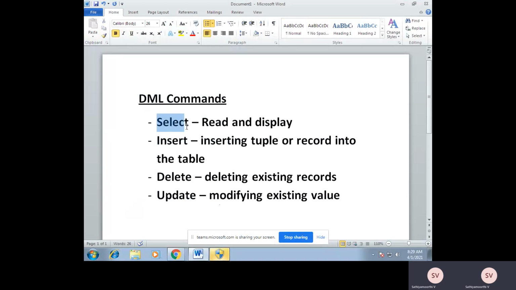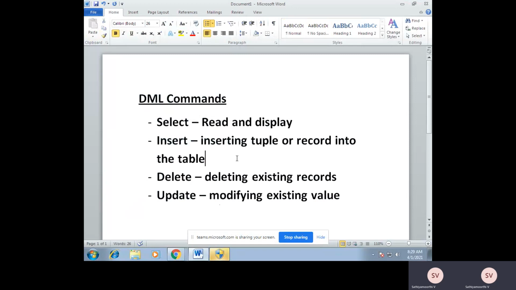Select command is used for reading and displaying the content of the table based on our requirement. It is equivalent to the printf statement in C, or the cout statement in C++. It will display the content in the terminal. Insert command means we can go for inserting a new record into the table.